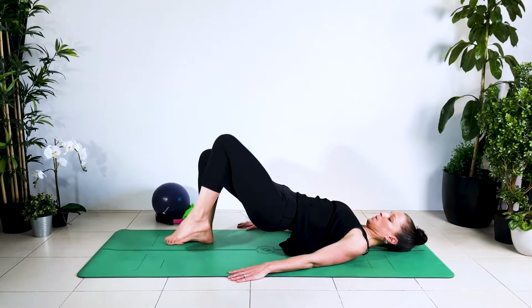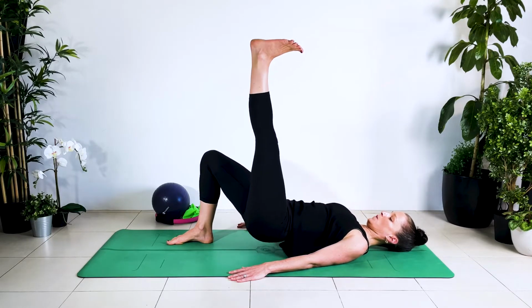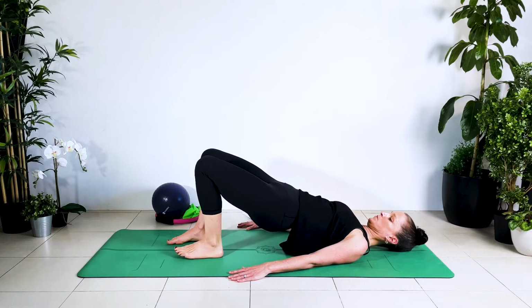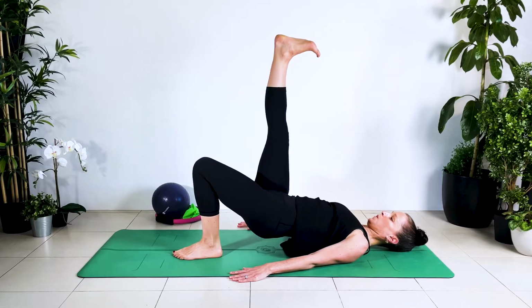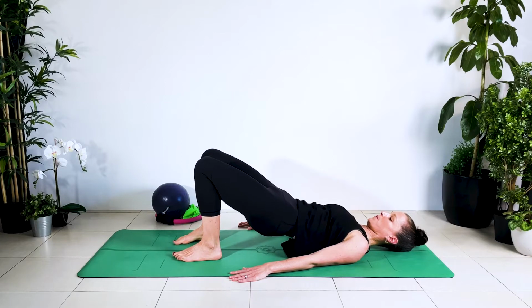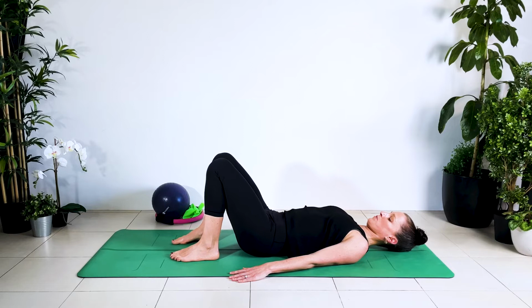Extend one leg up, really engage the thigh, and 3, like you're pressing the heel up to the ceiling with the back of the leg, not your lower back. Extending the other leg up, and 3, 2, 1, plant the foot down. Imagine there's a tennis ball between your knees so you keep your inside thighs engaged. And again,